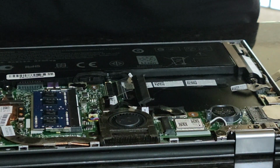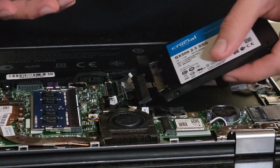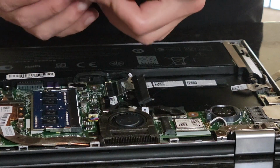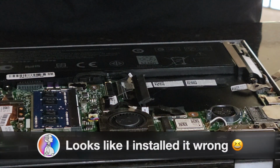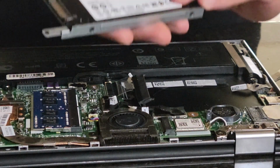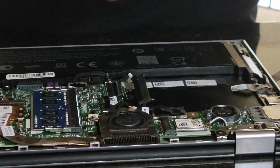I'm gonna keep it here and line it up properly, so it's gonna go this way like that. So we're going to just kind of bring it here and slide it into place. Perfect. So the Crucial hard SSD has been put in like that. Now we're just gonna take